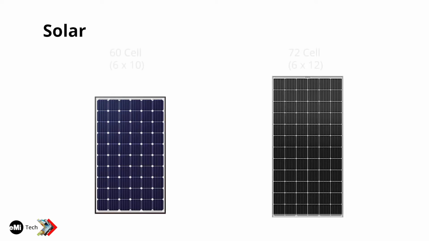These are the two standard sizes, a 60 cell and a 72 cell. You're going to see in the developing world all sorts of little ones, big ones, all different shapes. Stick to these two. The smaller ones are really intended for small charging, like a cell phone or doing batteries, small systems. When you're talking about big systems, these are the two standard sizes. And if you use the standard size, they'll be able to replace them. It'll affect the system a little bit if there's one that breaks and you replace it, but it's still at least replaceable in the future.